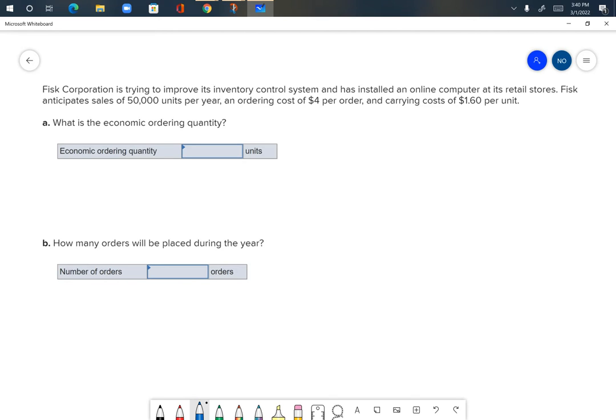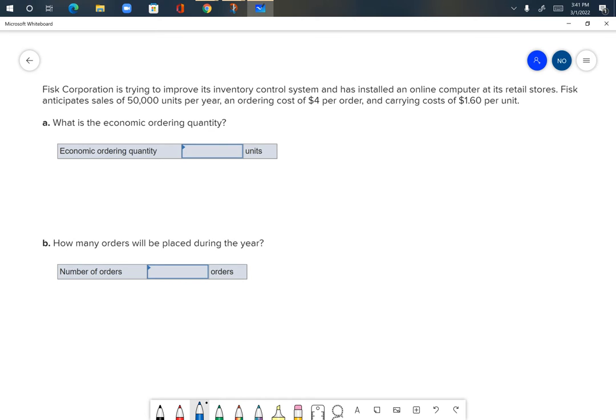Now let's look at this example. For this example, we are looking at how we can compute the economic ordering quantity, EOQ. We're also looking at how to compute the number of orders, average inventory, and ordering cost. So we've been given that Fisk Corporation is trying to improve its inventory control system and has installed an online computer